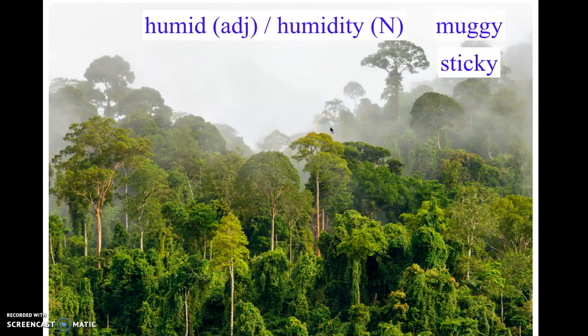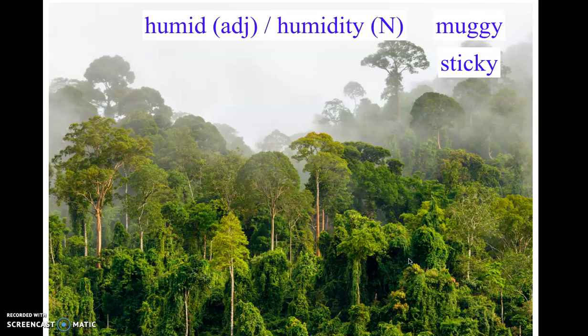Now, when we're talking about whether or not it's exceptionally hot, but there's humidity, we're going to say it's muggy outside, right? When I go outside very quickly, I can feel my skin is wet. And not just me sweating, but it just sticks, right? We might say it is sticky outside. That tells you when someone says that it is humid, that there is humidity outside, okay? The noun and the adjective.